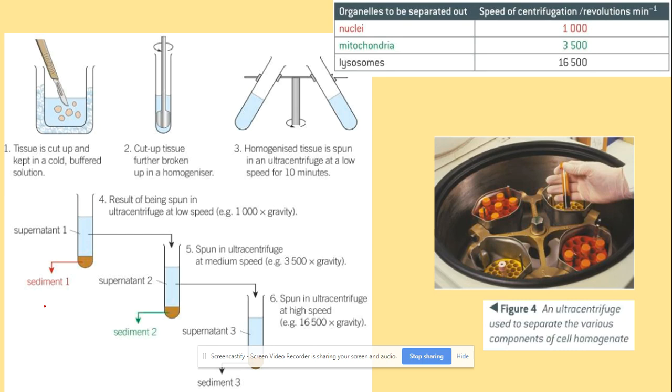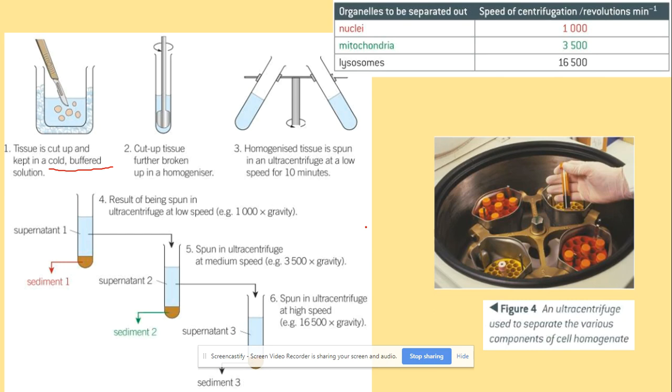Okay, so starting with step one, and what's really important here, we'll be looking at cold buffered solutions. Okay, so there is a reason behind this, and obviously we will be looking at the speed. So when you spin at the first time, you do it at low speed, so the heaviest organelles will go to the bottom of the tube that you're going to use here. So for example, nucleus, then you're going to spin at the higher speed